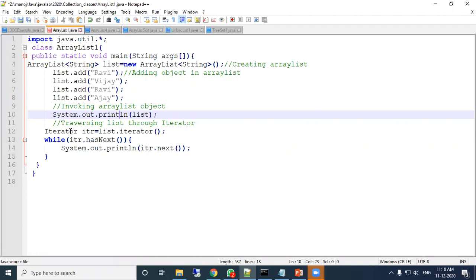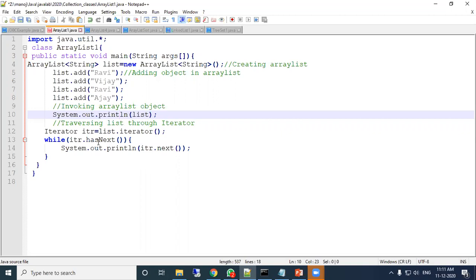Iterator is mainly used to access the data only. So here in this example, Iterator itr equal to list.iterator(), means the list object's inbuilt iterator method is pointing to itr.